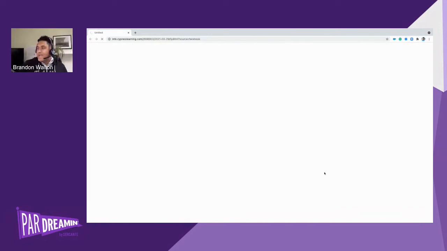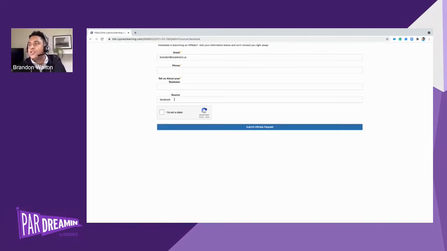And what we want to take a look at, ta-da, down here, source equals Facebook. Now, this might be something in practice you would make source a hidden field, for example, so that your prospects aren't saying, no, I want to change this and I want to mess with your analytics here. So what you could do is make this a hidden field, pass through source in the query string up above.